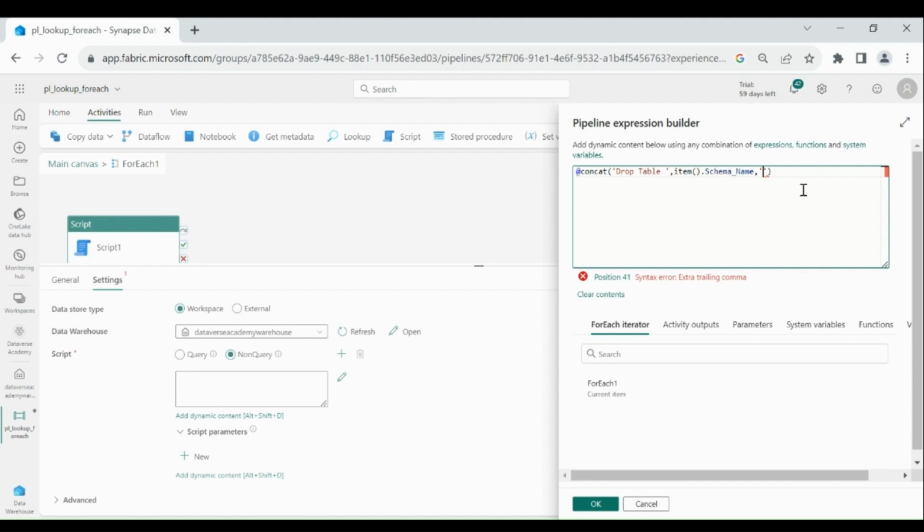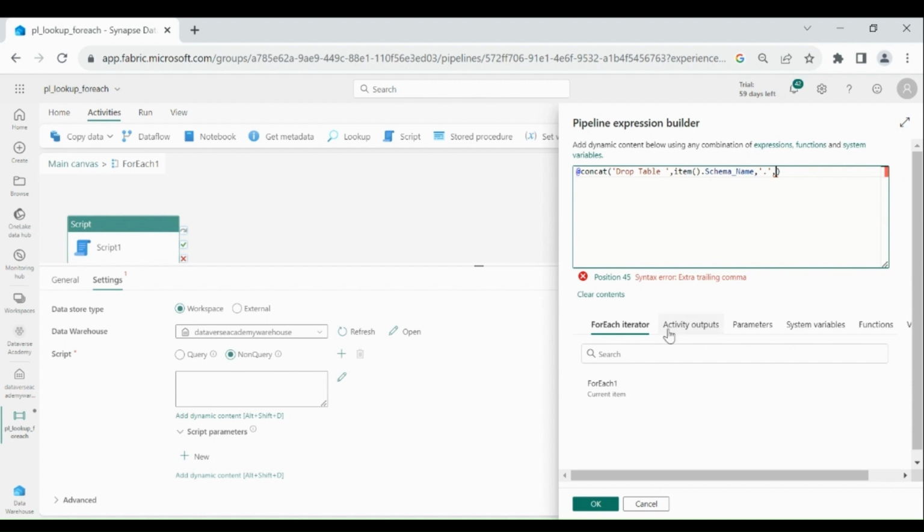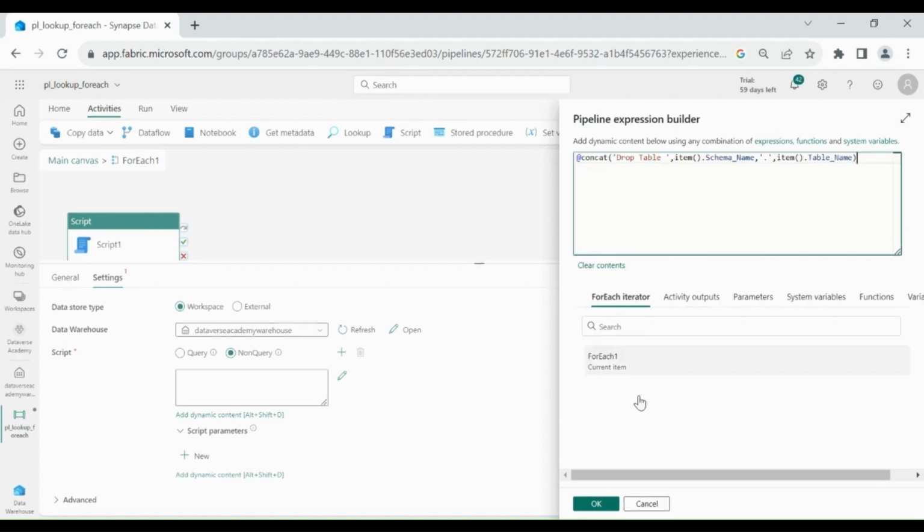So for that single quote, under that dot, comma, click on for each parameter, then dot table name. After concatenating all the things, it will create a single statement like drop table schema name dot table name. Click on OK.